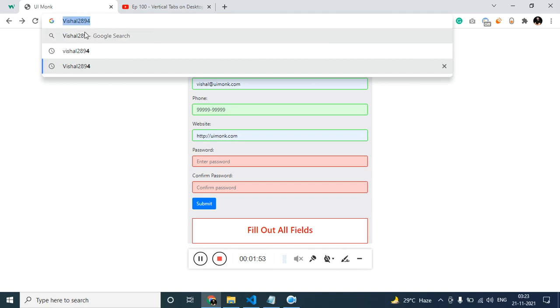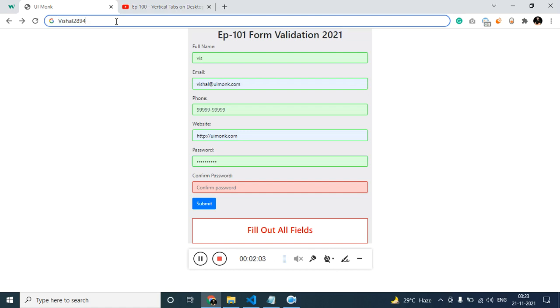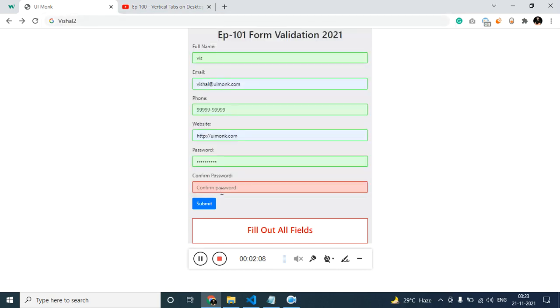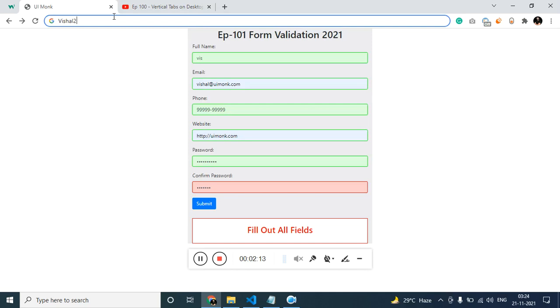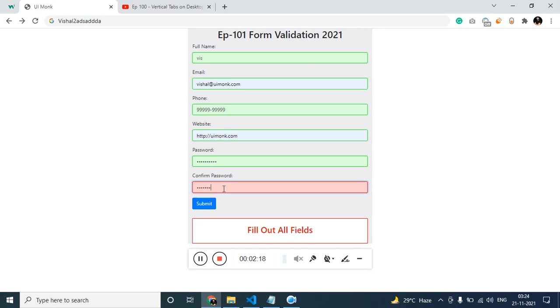As you see, combining all these, we have 10 letters. So if I insert, it is accepting. So if I make this 7 letters, it is not going to accept. So let me fill some other value and just paste it, and here it is accepting now, but once you submit, it is going to say password didn't match and you need to redo it again.